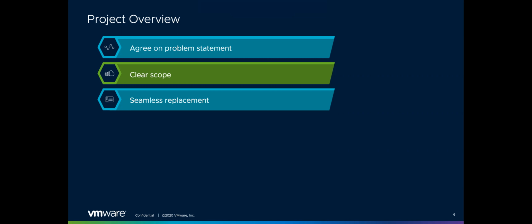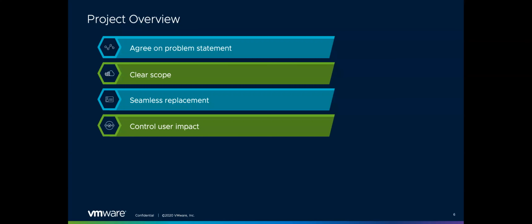So as you're looking at solutions, most likely you have a product that's already protecting your endpoints, be it either a native solution or a third-party tool out there. There is probably something that you're already going to be replacing for various reasons. You want to make sure that as you're doing this, you're introducing something that's going to be a seamless replacement. Obviously, with most individuals working from home these days, this is something that we needed to account for upon the kickoff of this project. We wanted to control user impact, and this was a critical element for us as well,